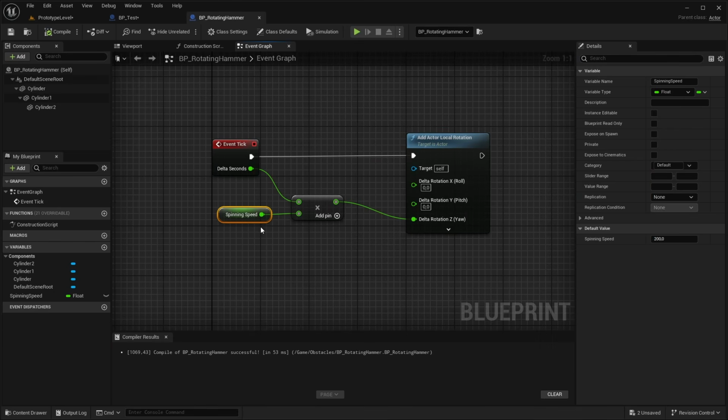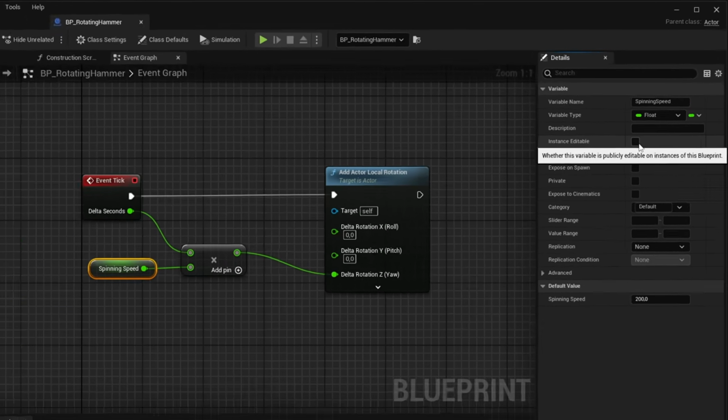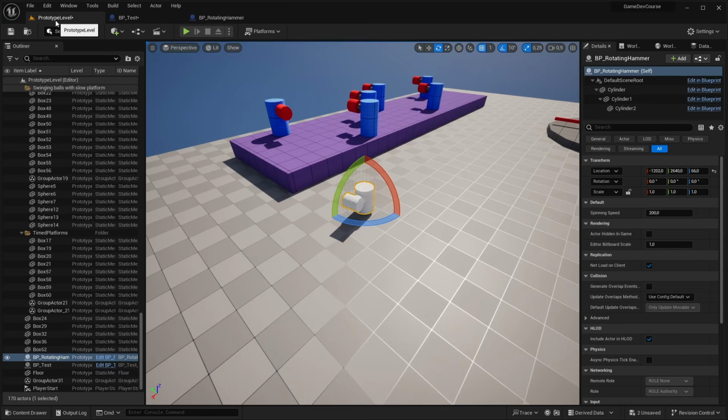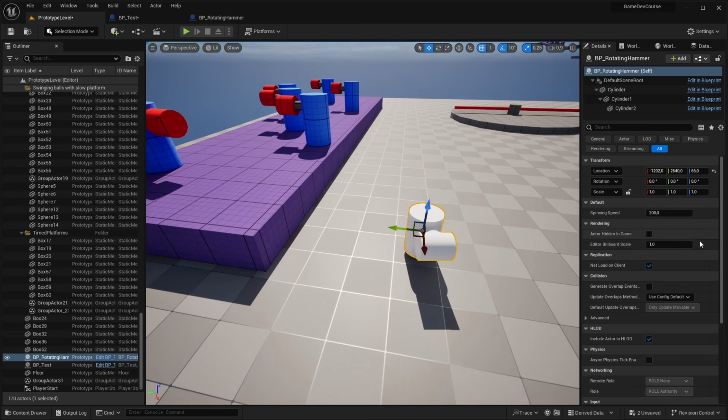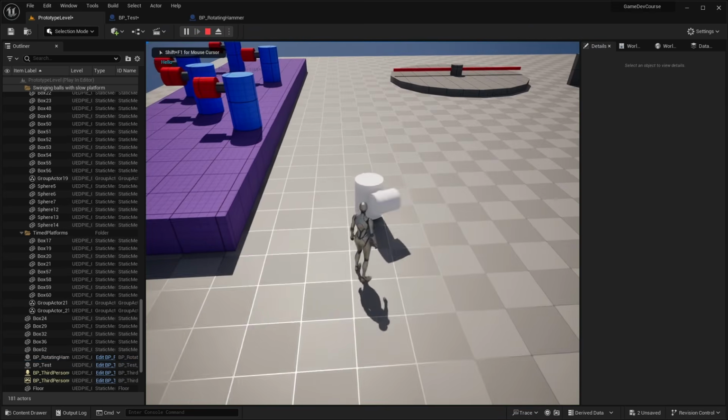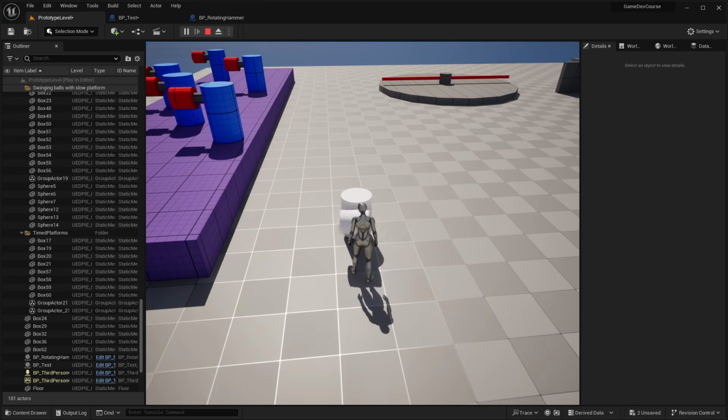And instead of going back to our blueprint every time to change the value, we can also click this instance editable checkbox, compile, save. And now if we go back into the level, you'll see if I select the rotating hammer in the level, on the right side, in the details panel, you see spinning speed. And we can drag it out, we can play around with it, and it's a lot more convenient than having to go into the blueprint every time I want to change this value. So I thought it can be maybe a bit quicker, so let's give it like 250, and I think this is perfect. Okay, so we have the rotating part done,